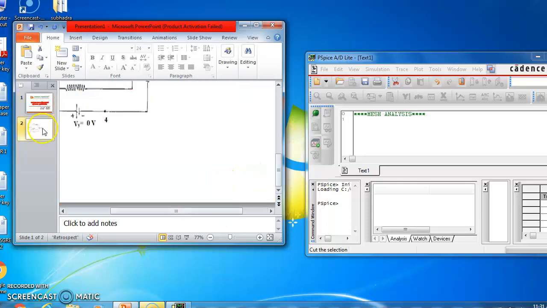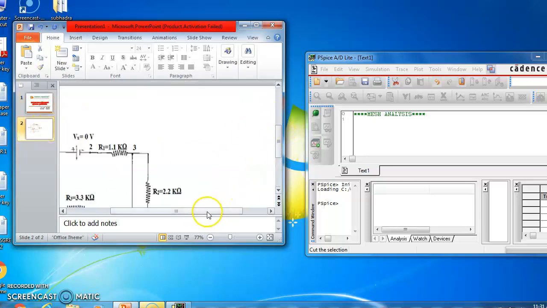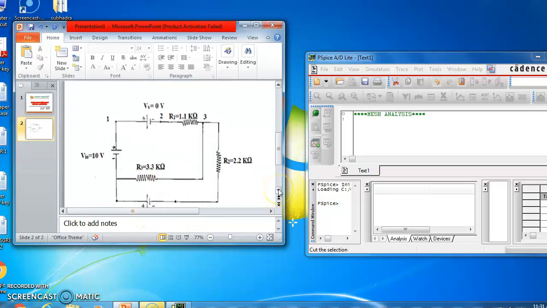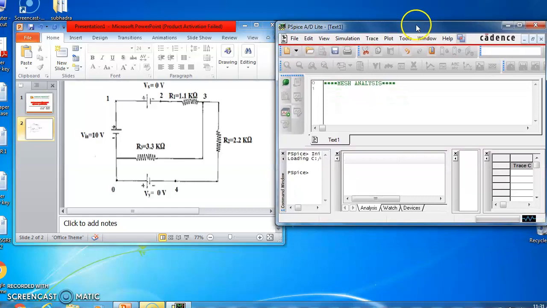I'm starting my code by considering the nodes. I have the input voltage source V in between nodes 1 and 0, which is DC type and has a magnitude of 10 volts. This is how I write the first line of my code to represent the input voltage source. In a similar fashion, I consider a dummy voltage source, also DC type, with 0 magnitude, placed between nodes 1 and 2.